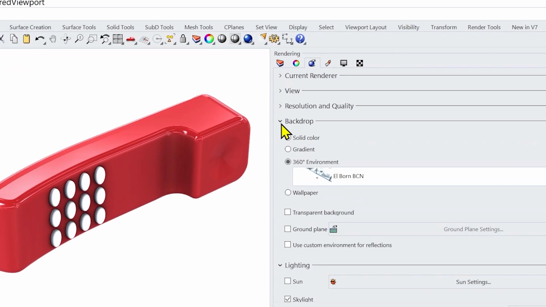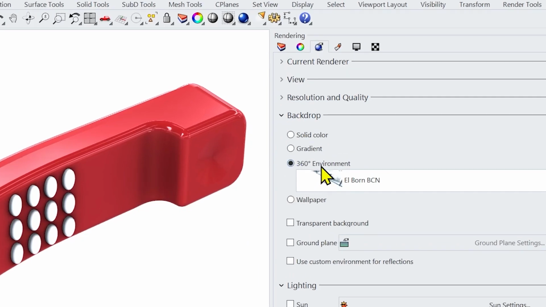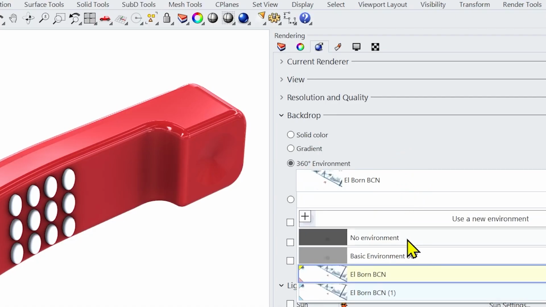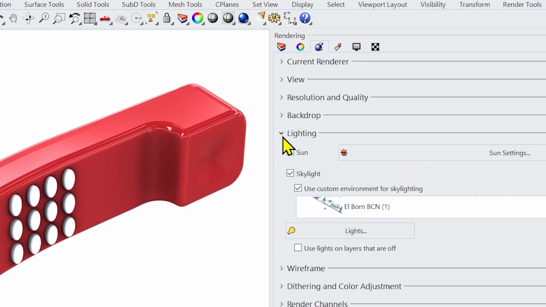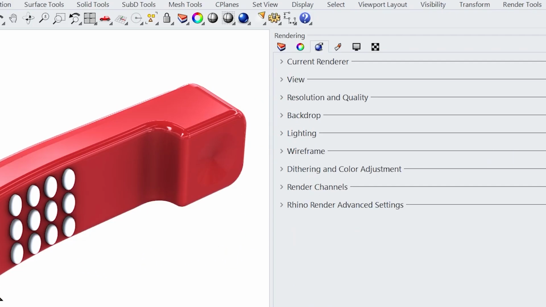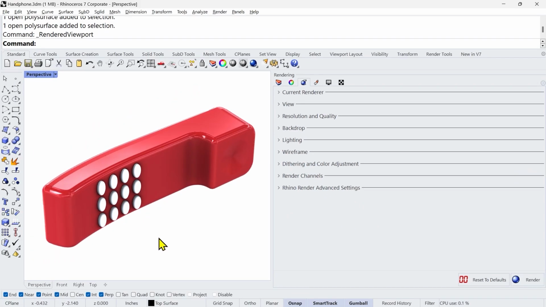Backdrop also can be a backdrop, meaning basically from what reflections are coming to this particular surface. So I have taken the backdrop as 360-degree environment and used the same environment which we did just now, right? The office one. So make sure these things are done. Lighting is done. Next comes, this is looking like a floating thing and I'm not able to get the base for this, right? So first what I will do,